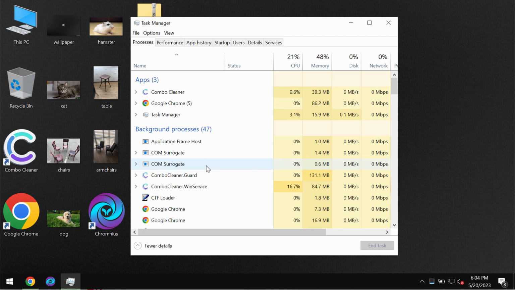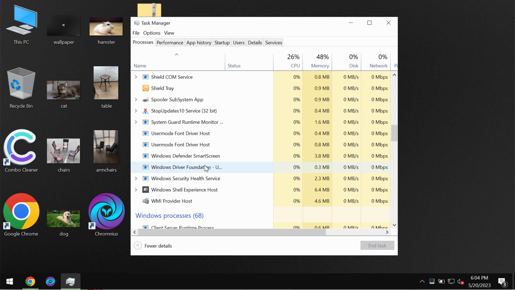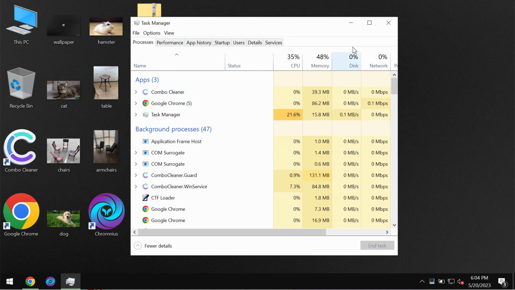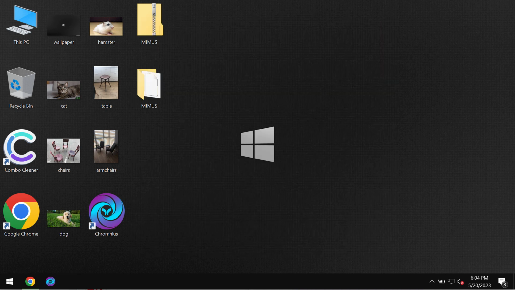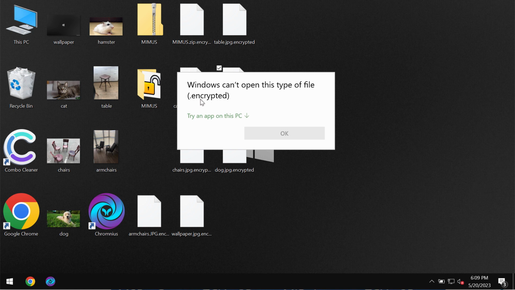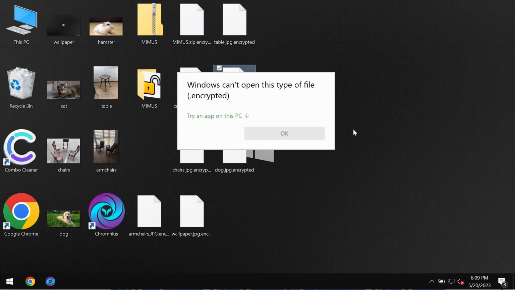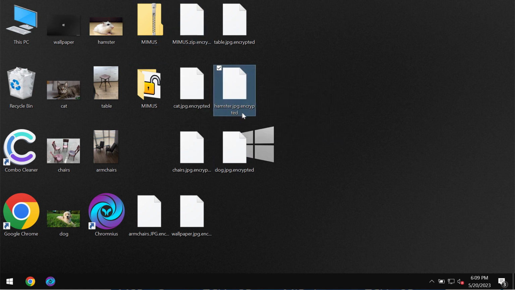You may trace some processes that can be related to this particular MIMUS ransomware. Obviously, these processes are extremely malicious. So this ransomware encrypts files and adds this special encrypted extension to the file names. It's not possible to use the files anymore, and if you remove this extension manually, this still does not fix